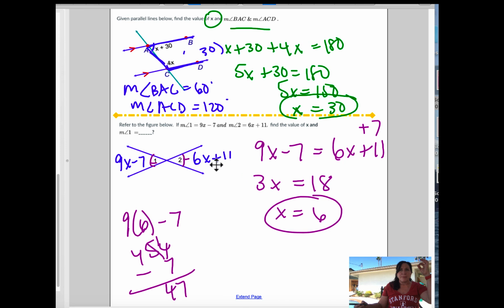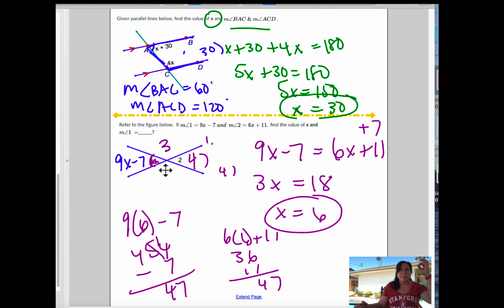Now note, so is angle 2. Both of these angles are the same. And I could have also plugged in 6 up here and gone 6 times 6, add 11. So that would have been 36 plus 11, also 47, right? So keep in mind that once you have these values, like that's 47 and that's 47 here,